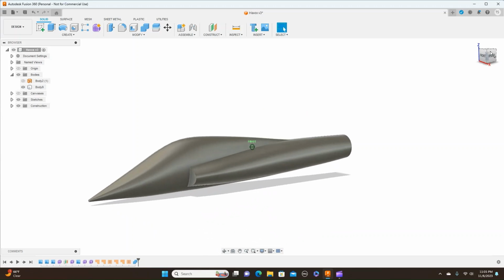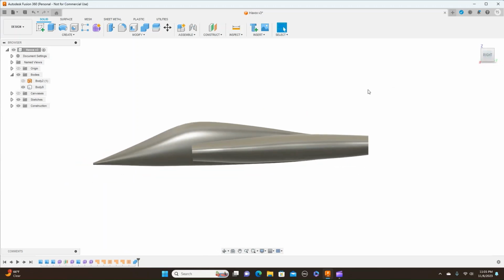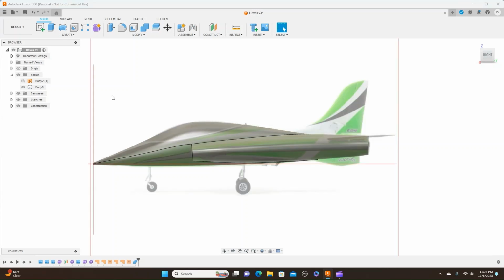Now you see how simple that was with using the surfaces like that to do that body. And like I said, that's the hardest part of this, was doing the body, in my opinion. So now what I'm going to do is put a hatch on here. So I'm going to come up here and draw on this plane here,